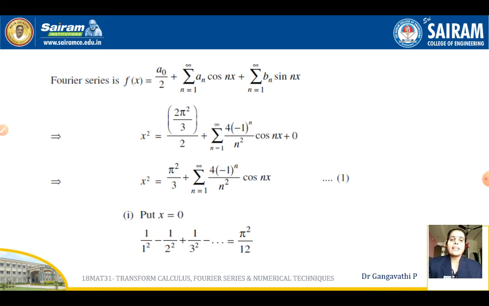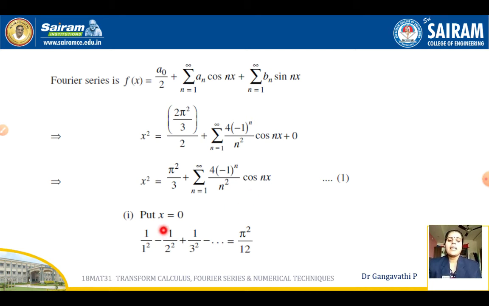So in order to get them, we have to substitute suitable values. So you can observe your equation 1 and you can observe the results that you need to obtain. So when you observe, none of the results that we need to get have trigonometric terms. So we need to eliminate the trigonometric terms given in equation 1. So how do we eliminate? By substituting a suitable value for x. So what values can be substituted? x is equal to 0, x is equal to pi by 2 and x is equal to pi are the 3 main values we'll be using.